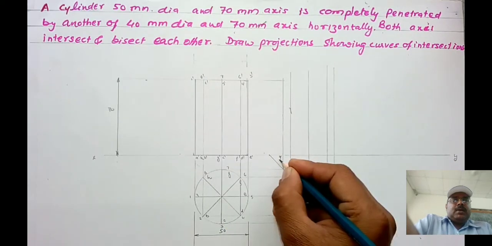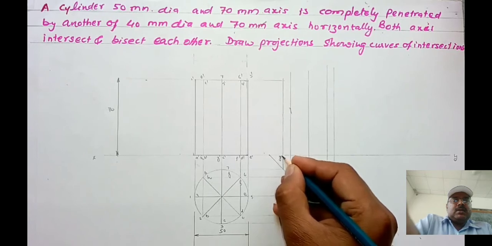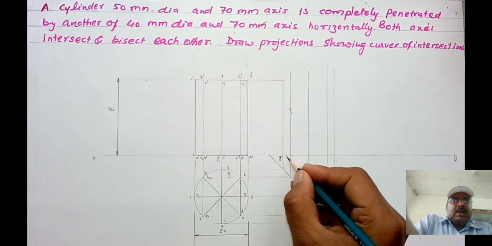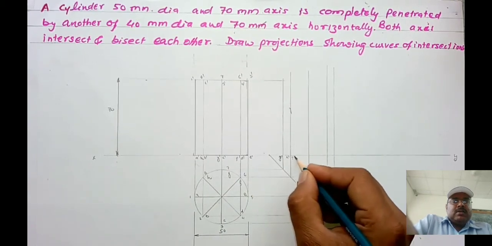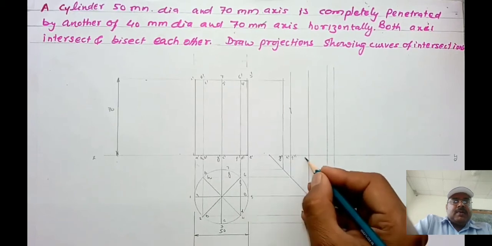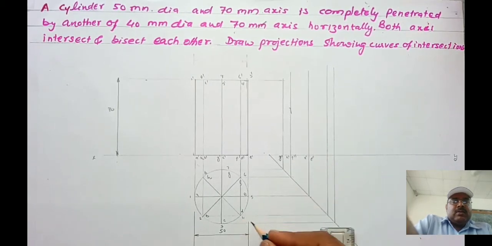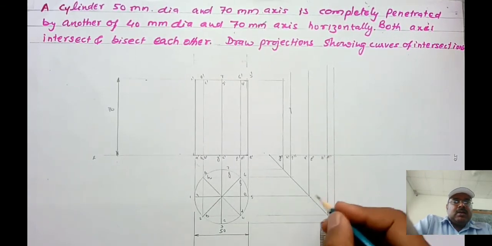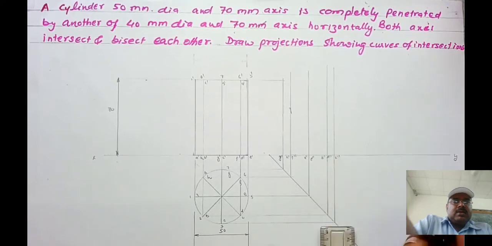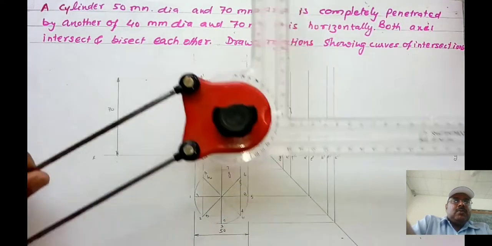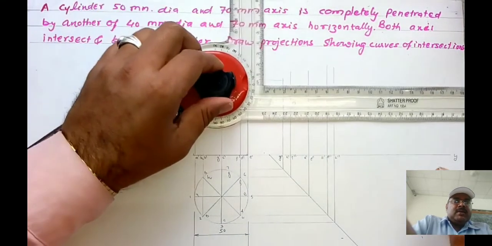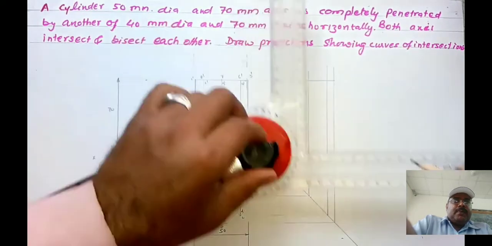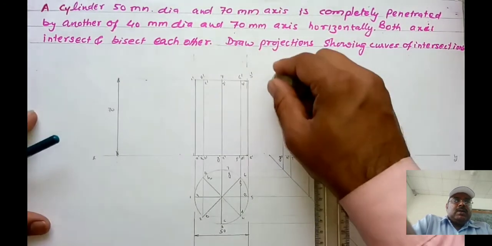Name the point that is 7 double dash, then 6 dash, 8 dash, then 1 dash, 5 dash, 2 dash, 4 dash, and 6 double dash. In the side view, you have to mark this point as double dash. Then project the height from the front view to the side view.